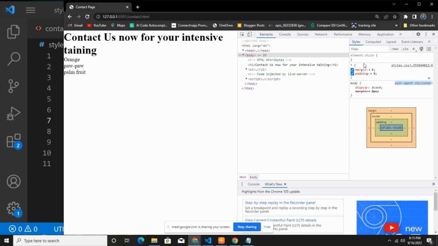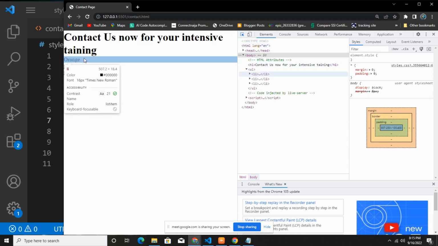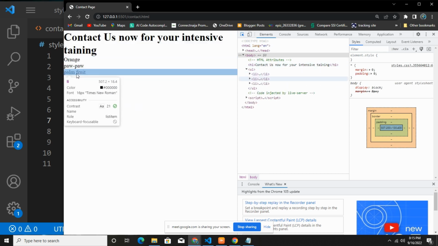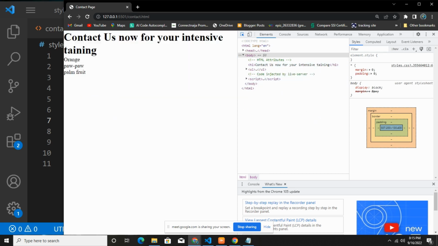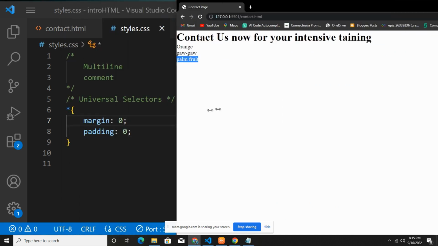It's important to know that we can actually write CSS from here. Like I can create a CSS element. In fact, maybe when you're debugging, you can create CSS here. We're going to talk about this in a subsequent video, where we'll talk about how to select different elements and view their properties and methods as you're hovering on them. We're going to talk about that in our subsequent classes. Anyway, let's proceed. So we zero out the margin and the padding of this particular website,